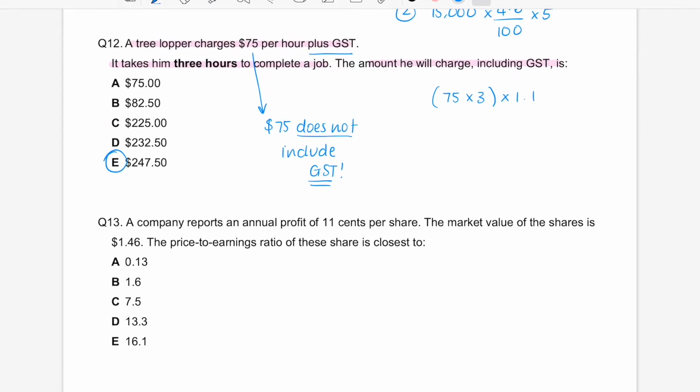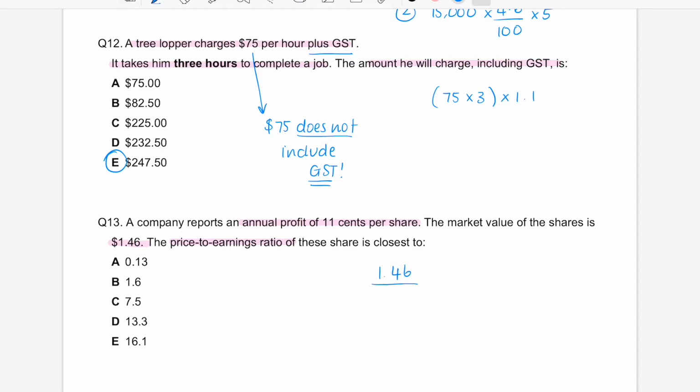Alright, question 13. A company reports an annual profit of 11 cents per share. The market value of the shares is $1.46. We're asked to find the price to earnings ratio for these particular shares. So, using the correct equation, we're going to do current share price divided by the profit per share. So that will be